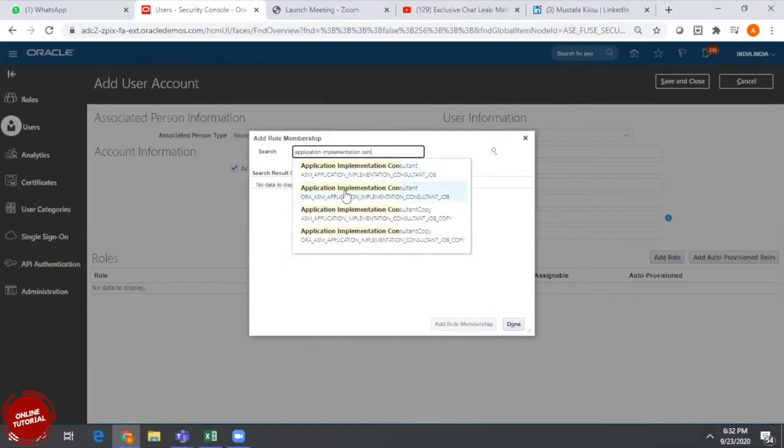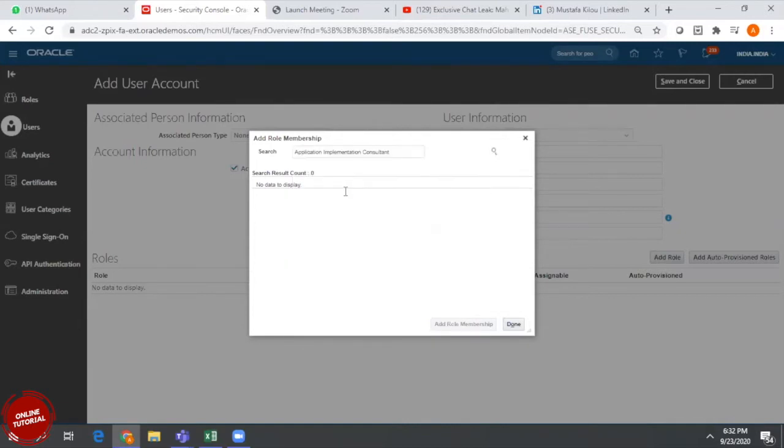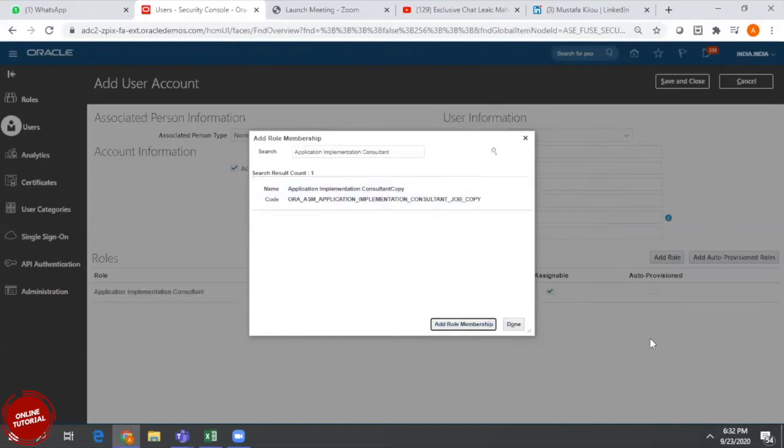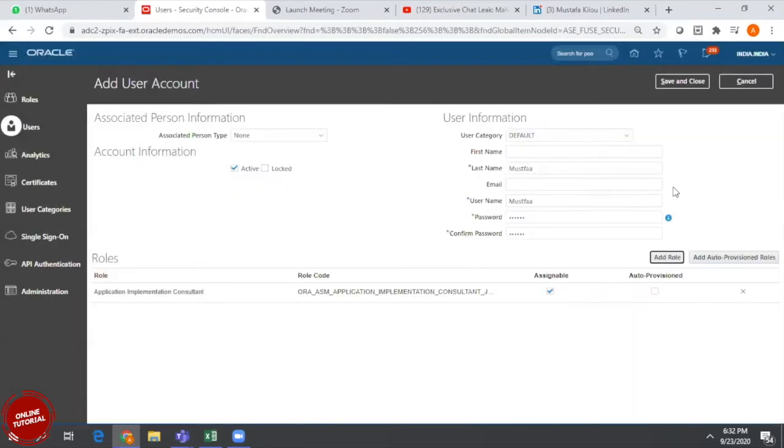If you have the application implementation consultant role, as we discussed yesterday, we can get access to the FSM, functional setup manager. If we have FSM access, we can do all application related configurations. So this is very significant in order to perform the configurations in the applications.